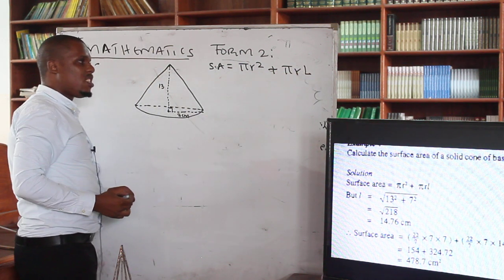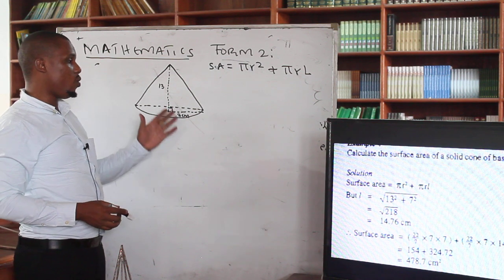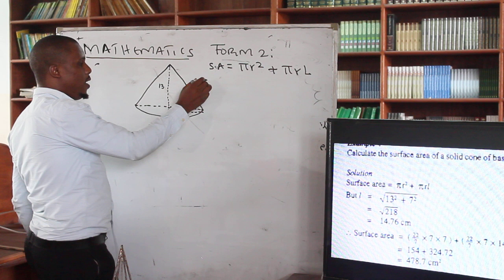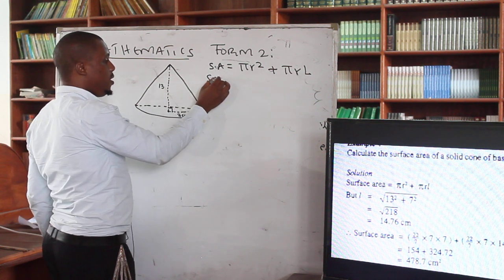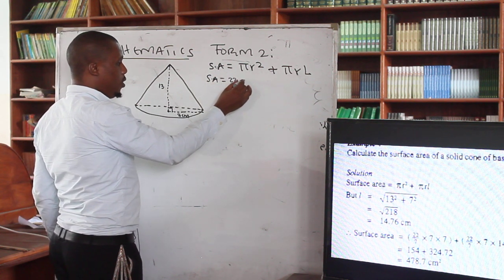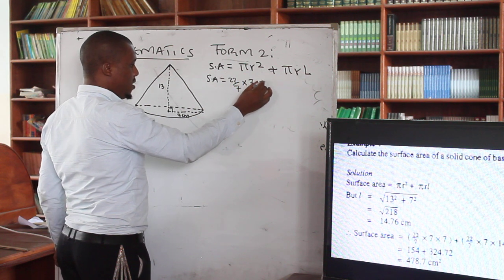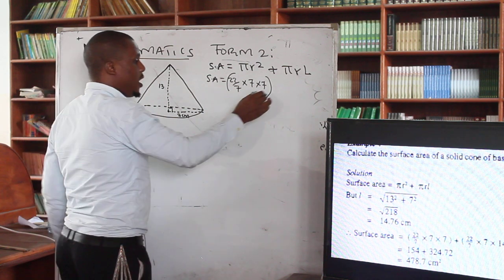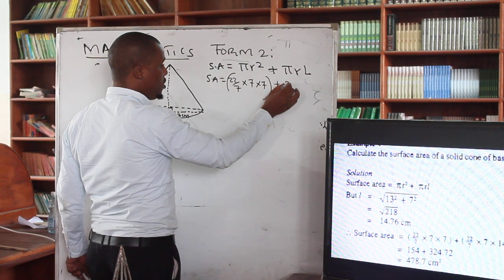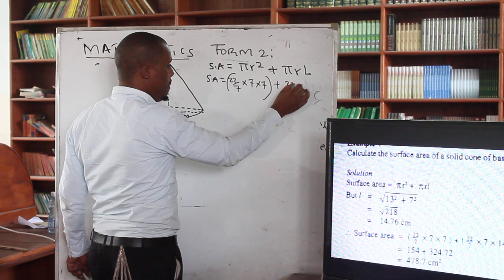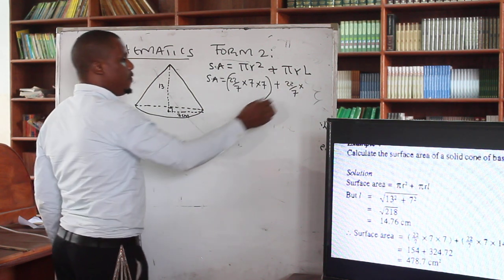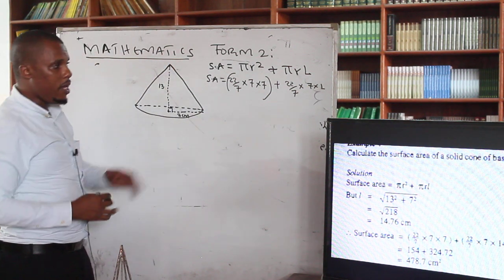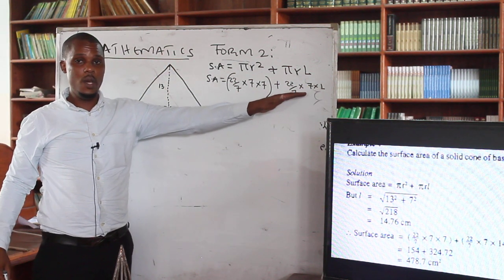So mission number one is to identify every piece of information in the formula, whether it is given or not. Substituting into the formula, the surface area is 22/7 multiplied by the radius 7, multiplied by 7. That gives us the area of the base. For the curved surface, we have plus 22/7 multiplied by 7, multiplied by L. We don't have our length.